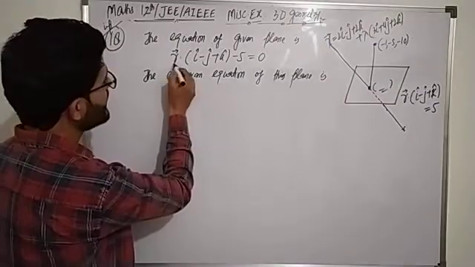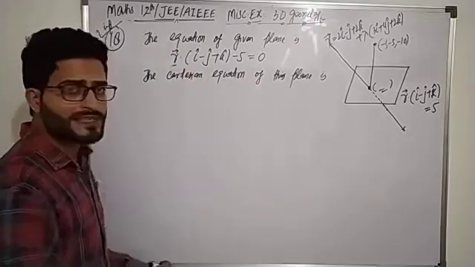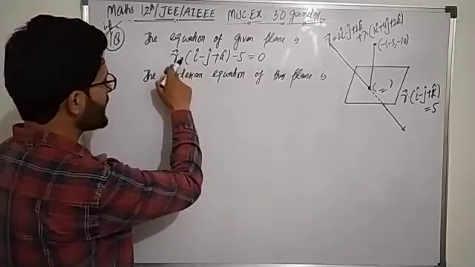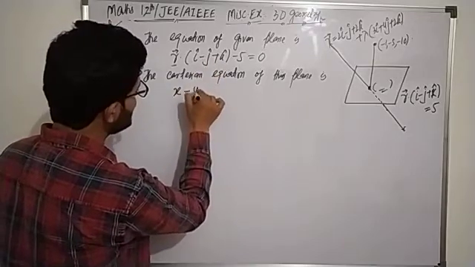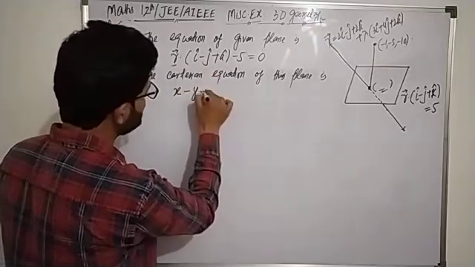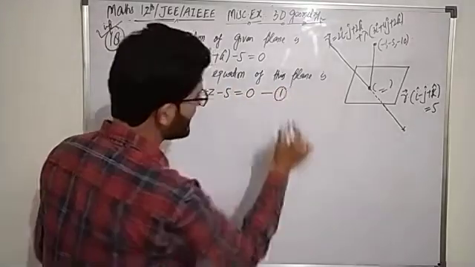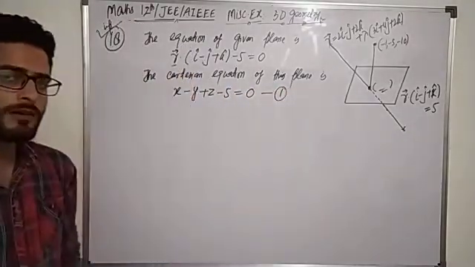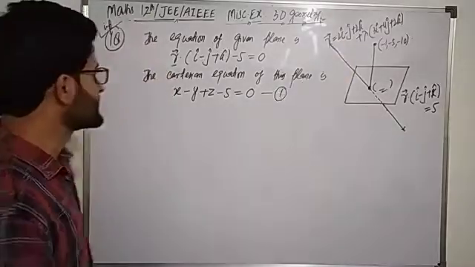r dot i minus j plus k minus 5 equal to 0. r vector is actually xi plus yj plus zk. So x into 1 that is x, plus y into -1 that's minus y, plus z into 1 that is plus z, minus 5 is equal to 0. We are keeping that equation as equation number first. Right? Now the equation of given line is,